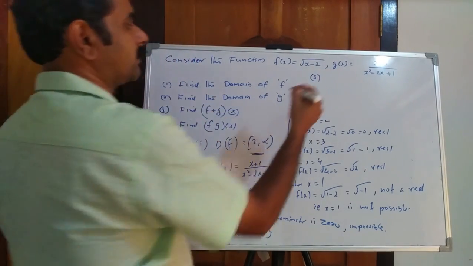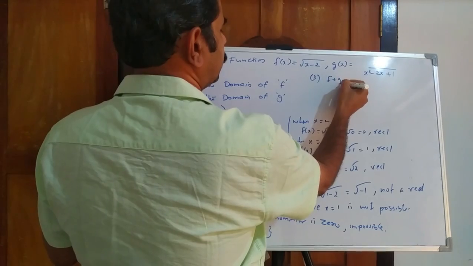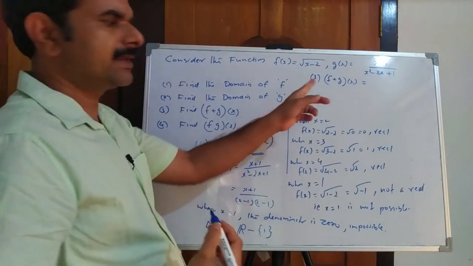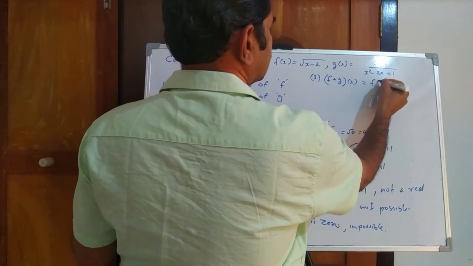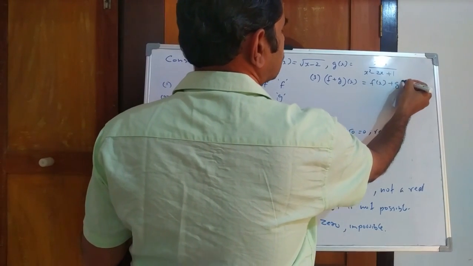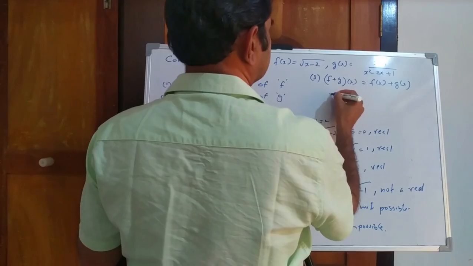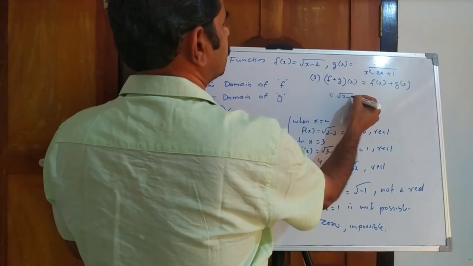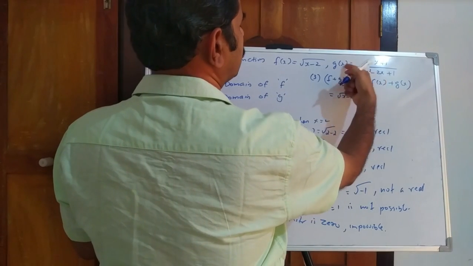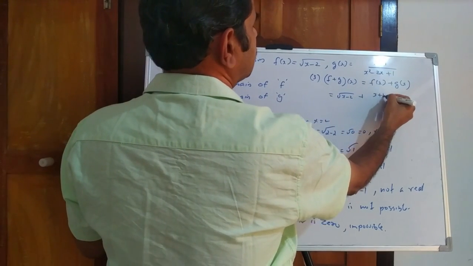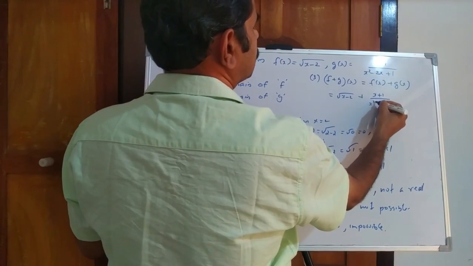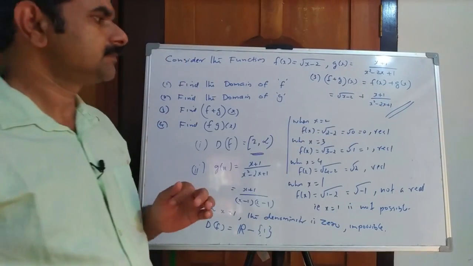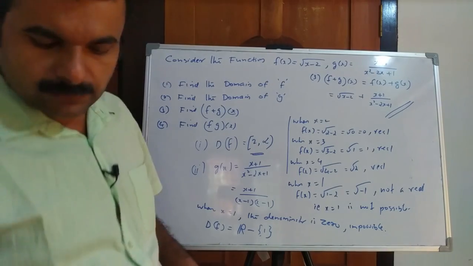f plus g of x. What is its meaning? f plus g of x means f of x plus g of x. What is f of x? Root of x minus 2, plus, what is g of x? x plus 1 divided by x square minus 2x plus 1. That is the answer. Very simple answer. Then the fourth one,